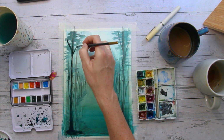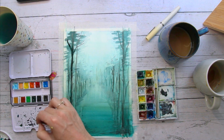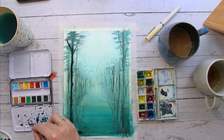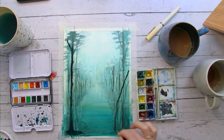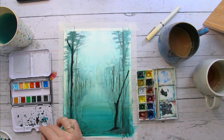And I'm adding a bit of darker detail to some of these trees in the foreground. Maybe add some extra branches as well. And this is a general rule of creating landscapes, that the objects that are closest to us have the highest value. And that means the most intense color, basically. So in this case, in these blue and dark tones, I add a bit more black to these trees in